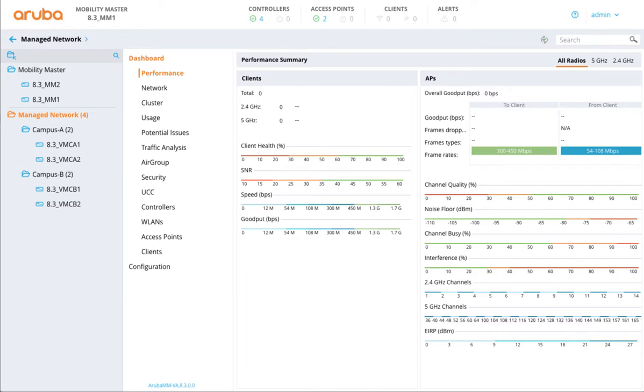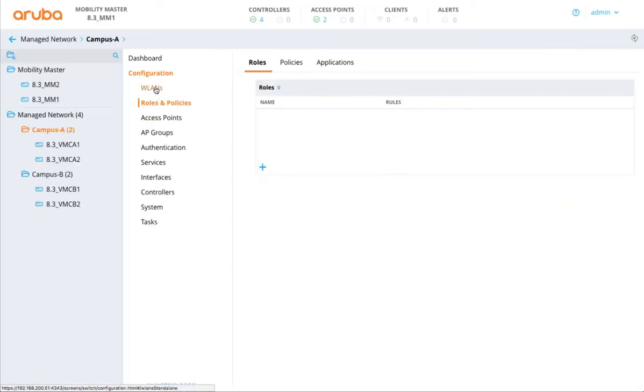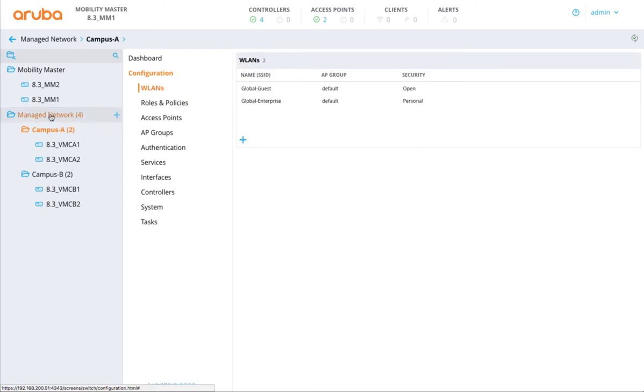This is the 10th in a 15 video series that is going to cover the initial config and deployment of an Aruba OS 8.3 Mobility Master. Now, in previous videos, we've already gone through a tour of the Mobility Master. We've looked at the config node hierarchy. We've even gone so far as to create a few configuration elements like WLANs that have been configured at different